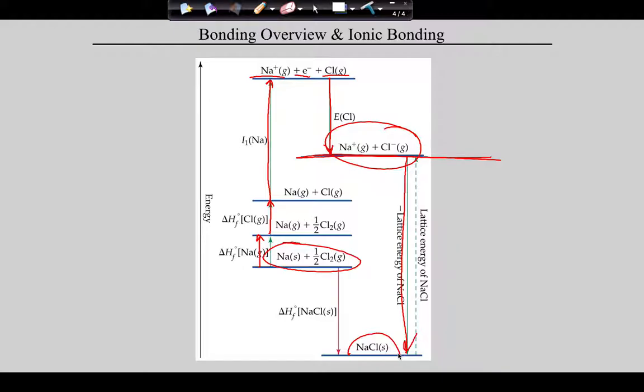So guys, join me at the board. This is actually the definition of lattice energy. It's the amount of energy needed to break it apart. But wouldn't that be the opposite of the amount of energy that's released when it forms? And that's the idea. When we measure these in lab, it's easier to take the solid and rip it apart than it is to take the gases and turn them into a solid. But the numbers are the same, it's just the sign is different, and that's why they're positive. So, guys, with that,